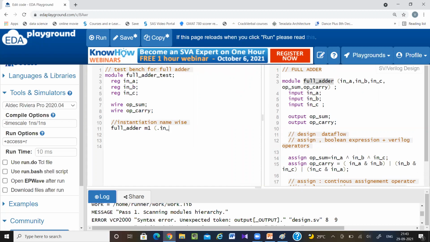So dot inA is connected to input A, dot inB is connected to input B. Dot inA means my test bench input A signal is connected to the DUT input A signal. Similarly, test bench input B signal is connected to DUT input B signal.